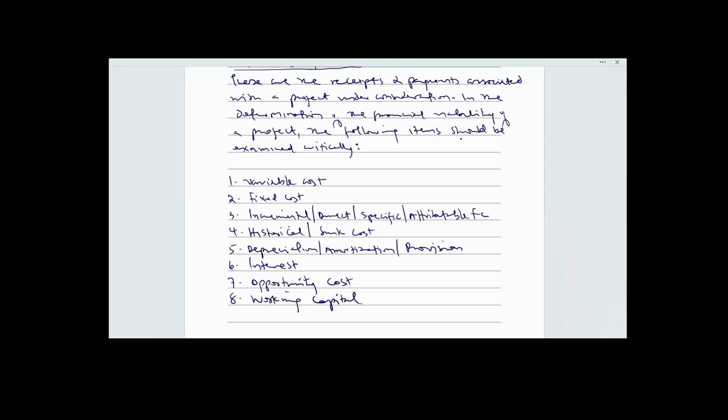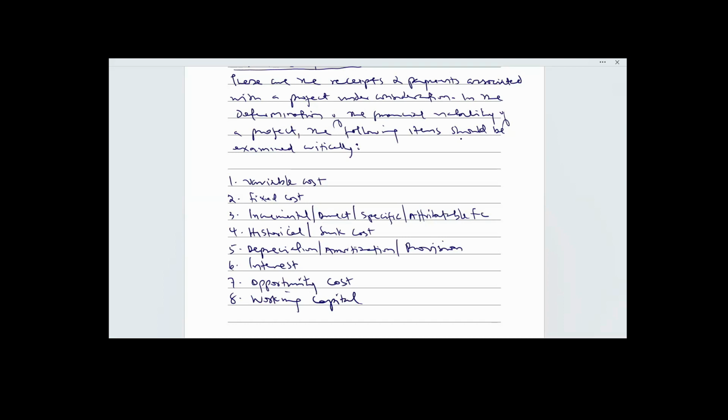You know, when we did cost of capital, we calculated cost of equity, cost of preference share, cost of debt. Under the cost of debt, we use interest. That's when you calculated after-tax cost of debt, when you subtract tax to get your post-tax interest. So in the calculation of the weighted average cost of capital, you've already included the interest. So if you are now considering the absolute amount of interest in the calculation of your NPV or in the